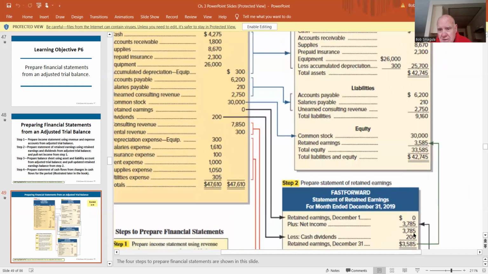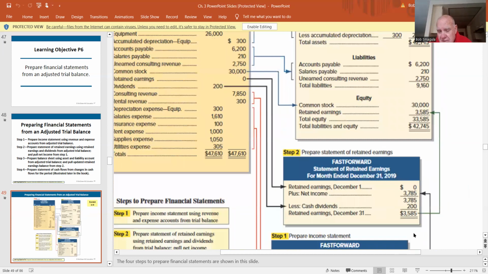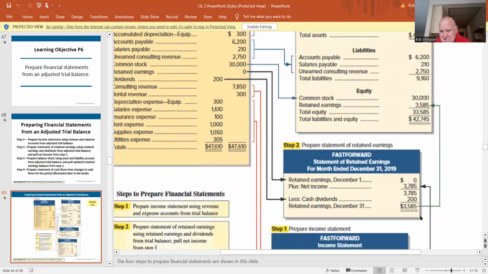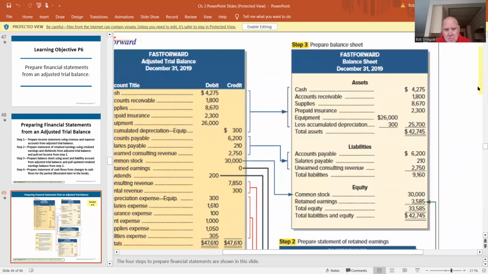And then your balance sheet. Your balance sheet, you're going to take the $3,585, okay? And you're going to post it to your balance sheet under retained earnings. And then guess what? All you need to do now is copy all the numbers from here, except the equity number, which has changed. You copy everything down to that black line. The only thing that's changed is 0, 3585, and you're in balance.